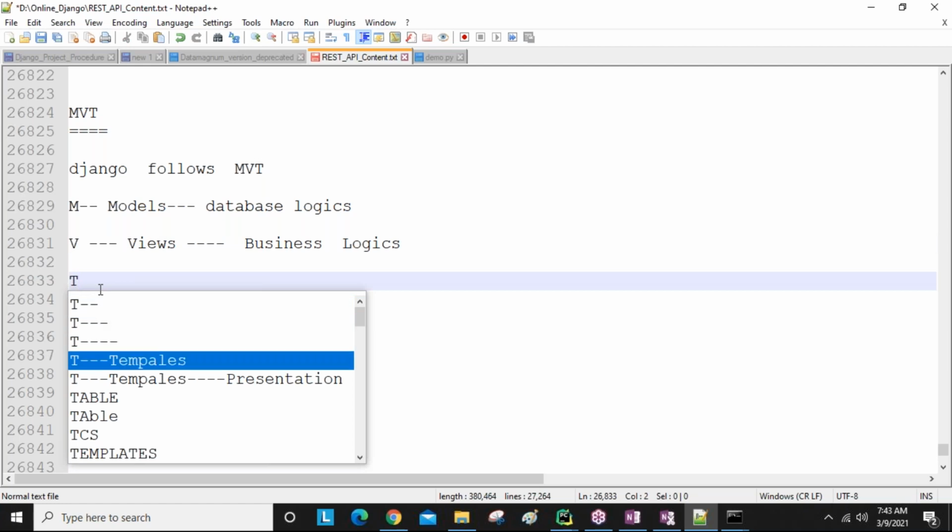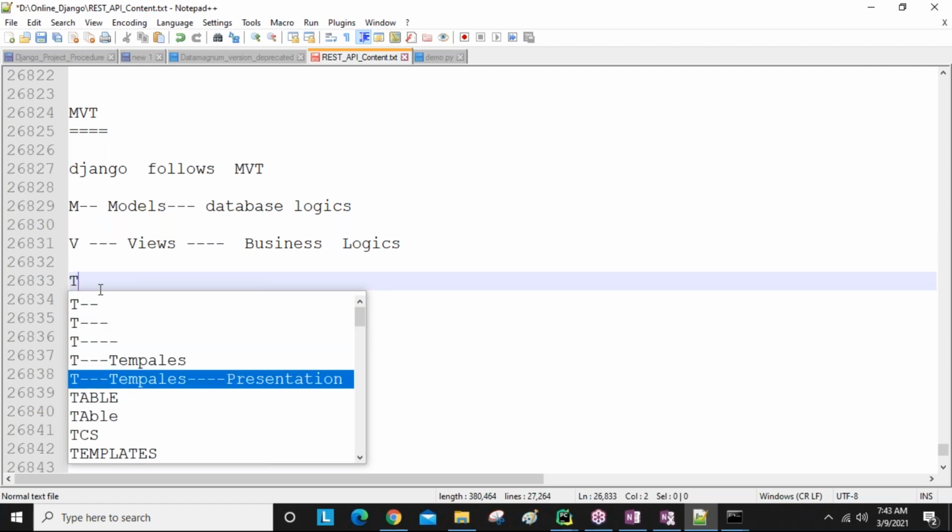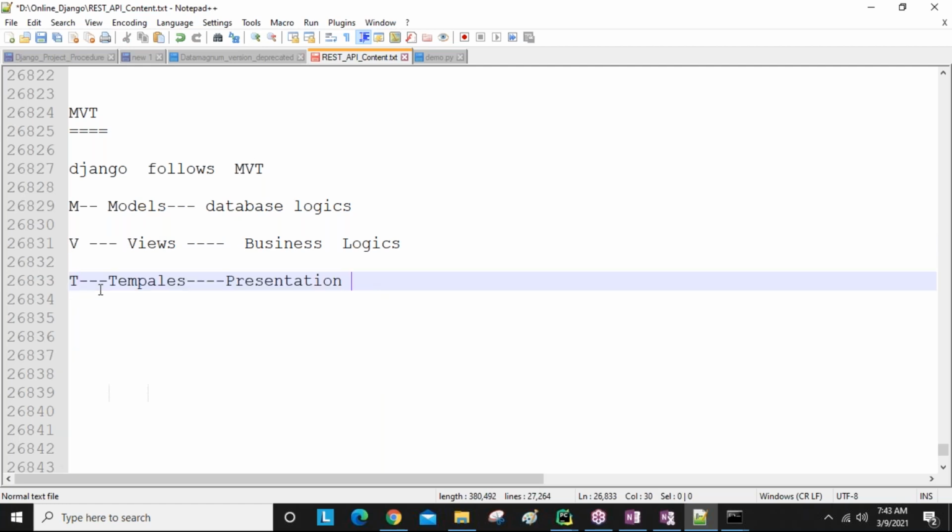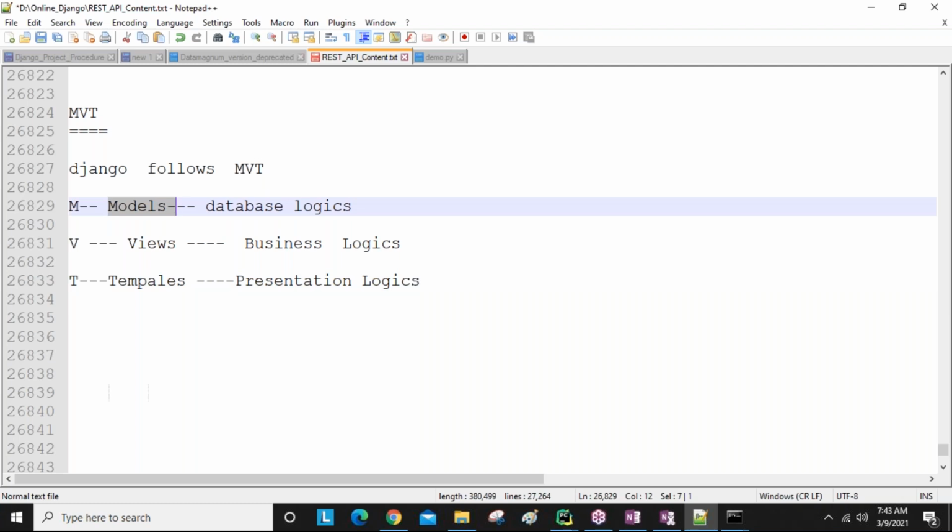T stands for templates, which is maintaining the presentation logics, guys. So models.py is a Python file, views.py is a Python file, but not templates.py. Templates is a folder. This folder maintains all presentation related logics.